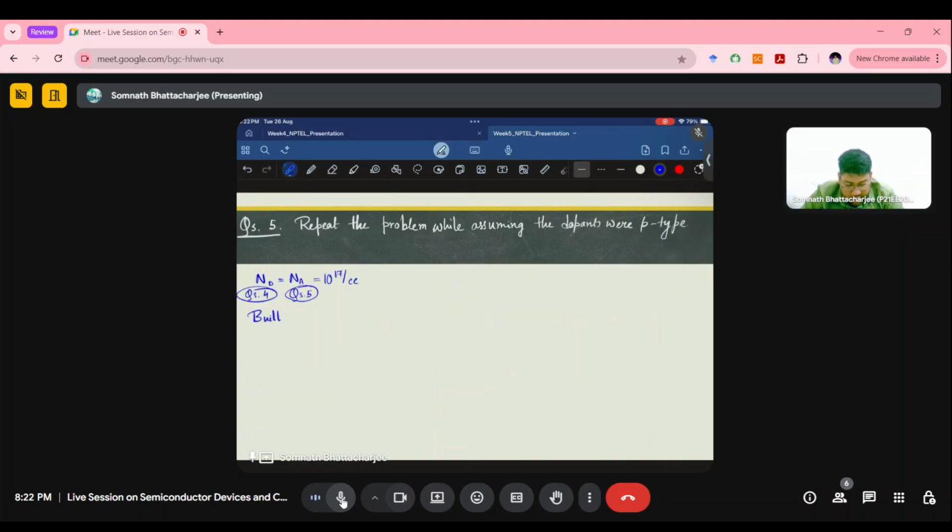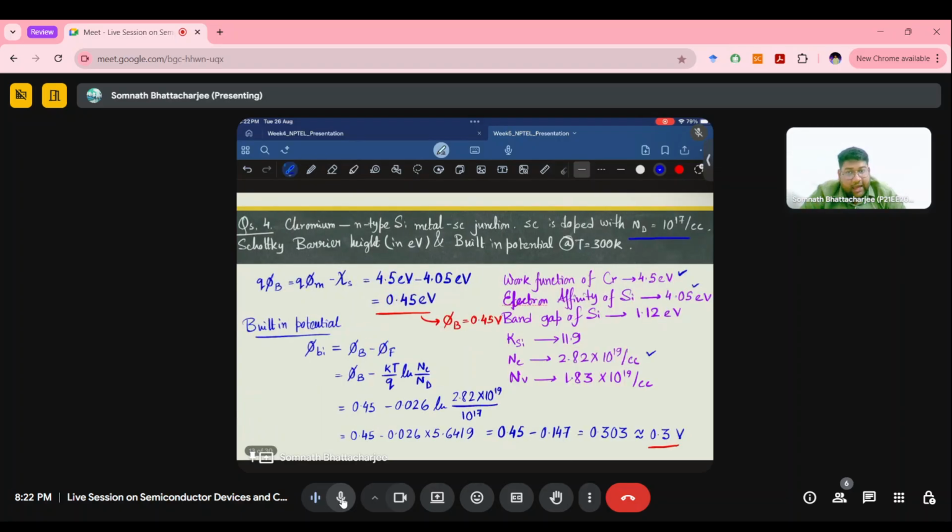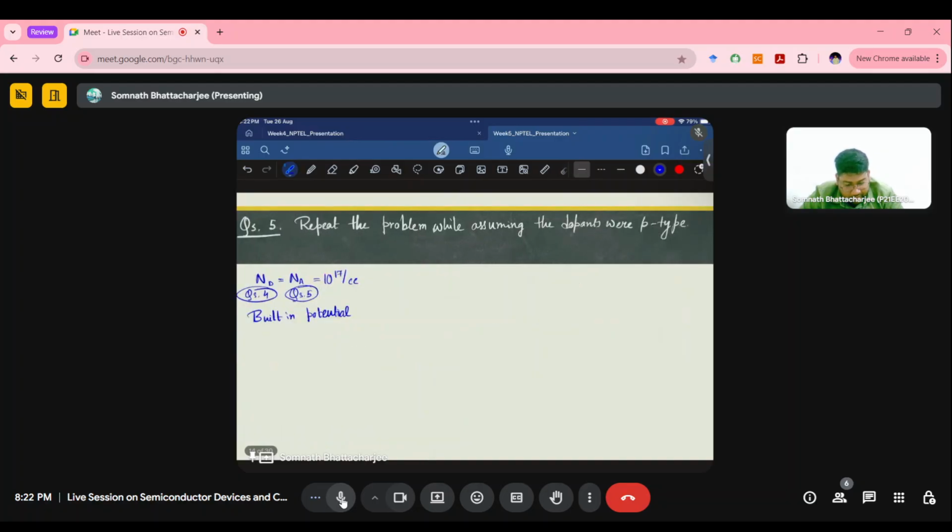The built-in potential is QψBI equals QψB minus QψF. It would remain the same. But ψBI equals ψB minus ψF, and now there would be a change in the ψB and also the ψF, if we are writing it like this,